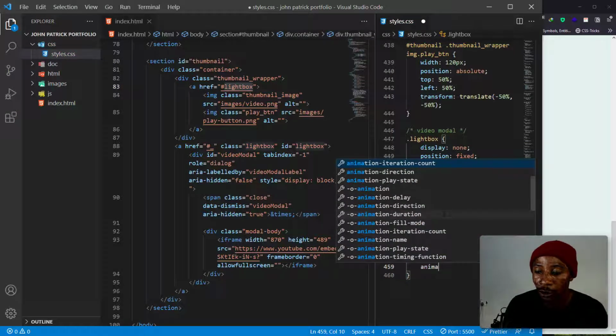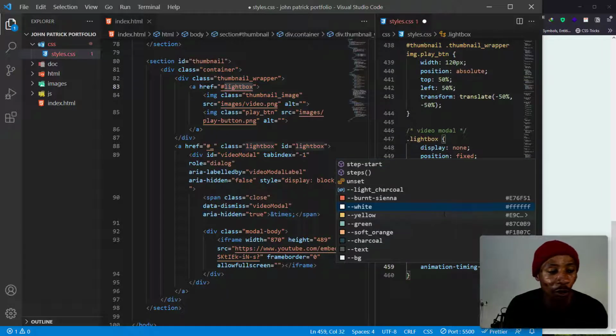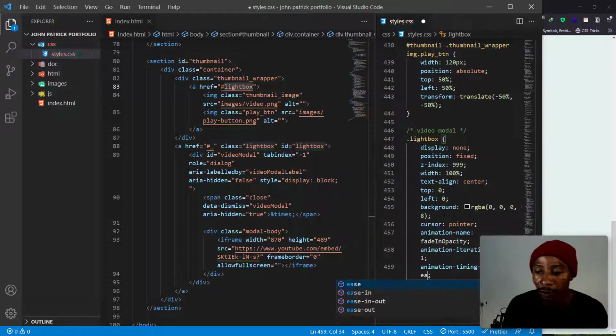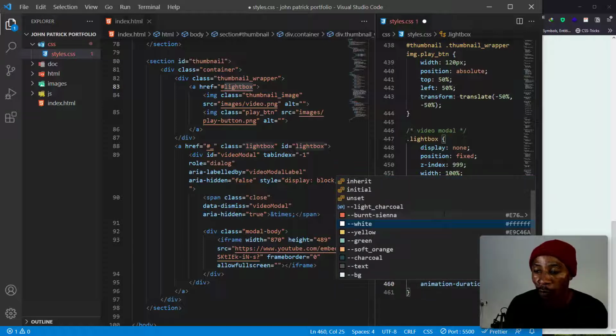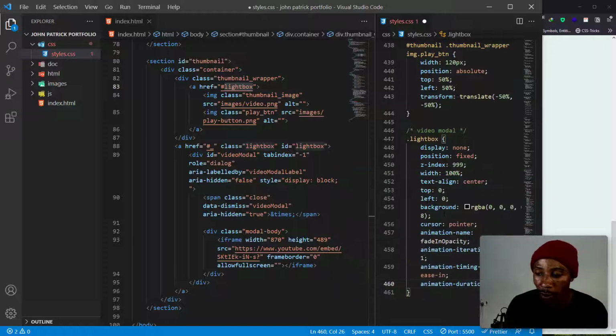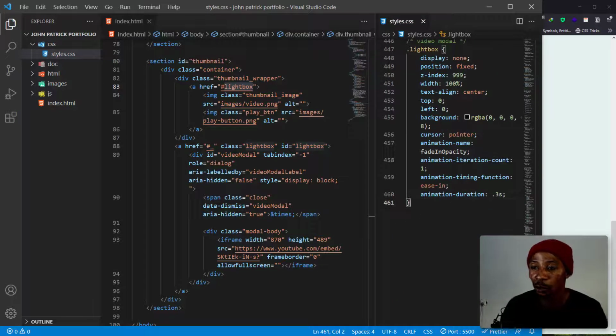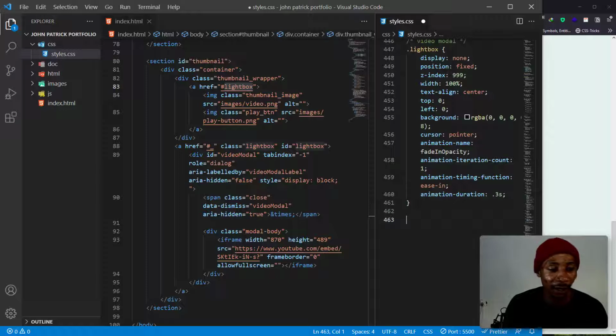For the animation timing function, we want that to be ease in. And for the animation duration, we want that to be 3 seconds. So we save that and we go underneath the lightbox class and we create our keyframe for the animation,